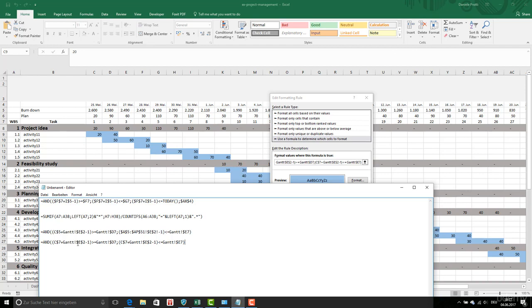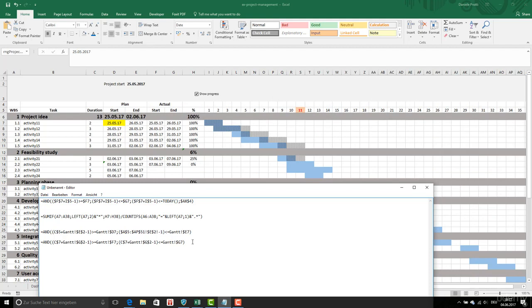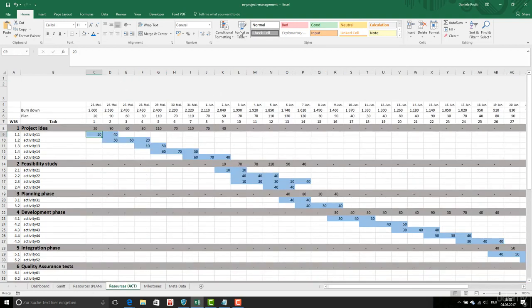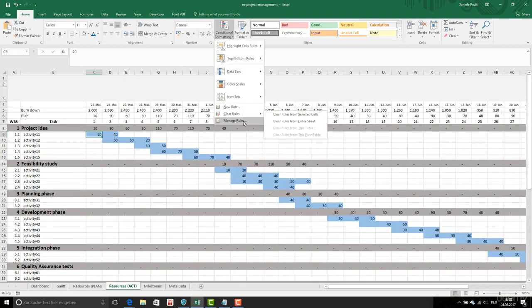Okay, so I'm going to type here G, here is F, here is G, and this is G. I'm going to type this again. This is okay, but this is going to be F, and this is going to be G. I'm going to copy this, okay, and actually here, conditional formatting, manage rules,